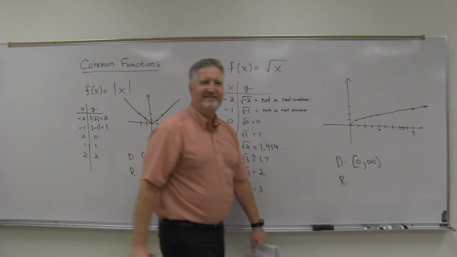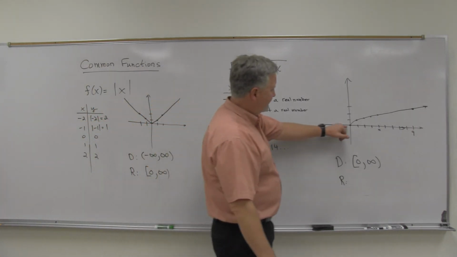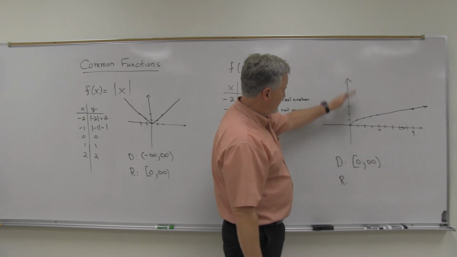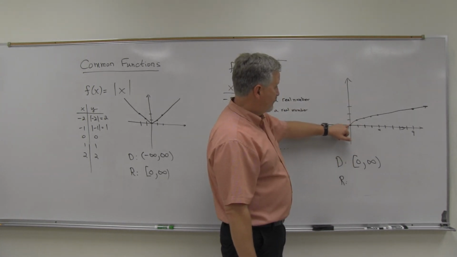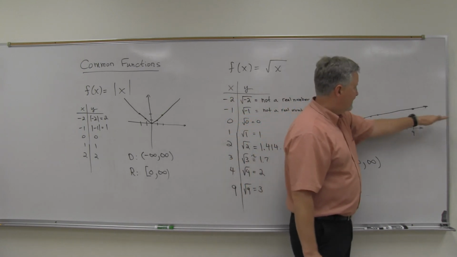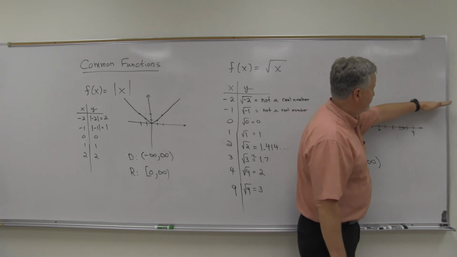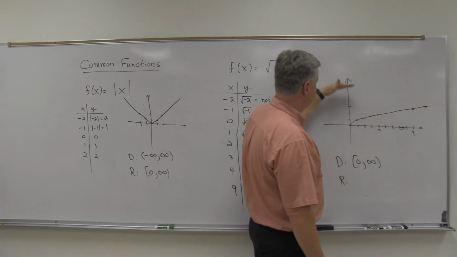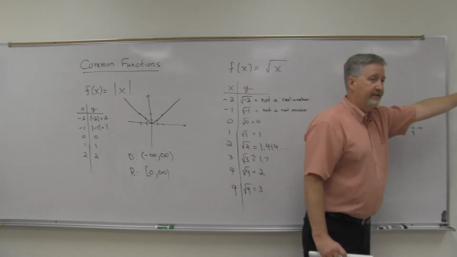What about the range? Same thing, isn't it? The y values also start at 0. We're talking about the y. There's no negative y value, so the y values also start at 0, but they keep going because this graph, it's not growing up as fast as the parabola was, but it's going up. And so you're going to get a y value of 10, a y value of 100. It'll be way on down there, but